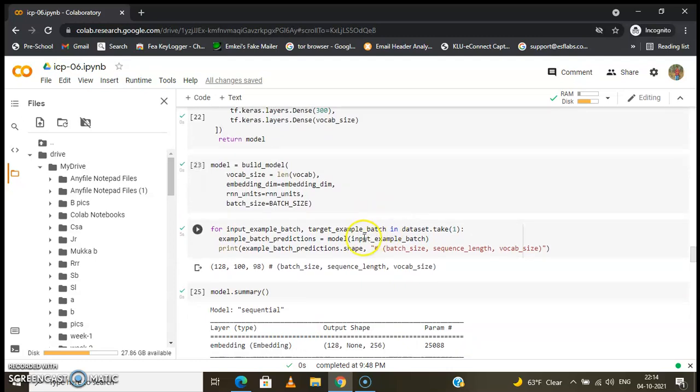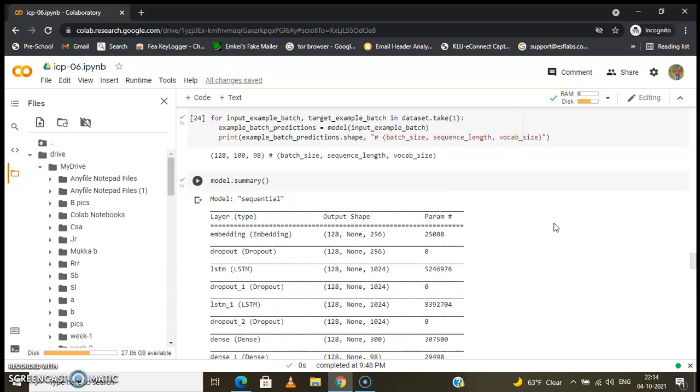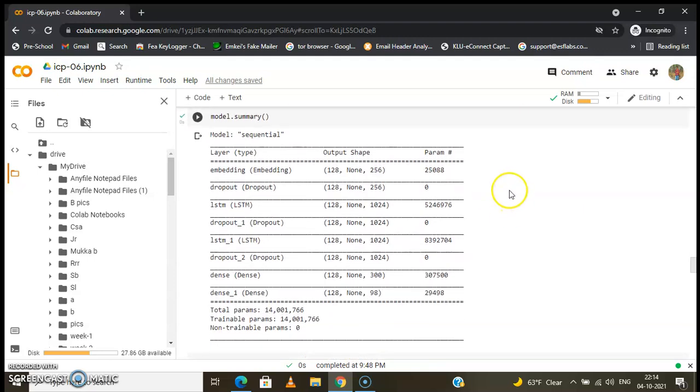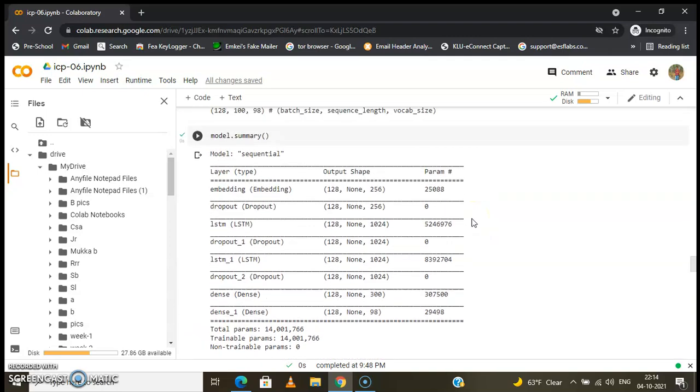Then we are adding a GRU, as you can see here, for the batch size and batch length, and then we have a dropout with a rate of 0.1, with the vocab size 98. This is what we have defined as a function, the build model. Here we are calling the build model.